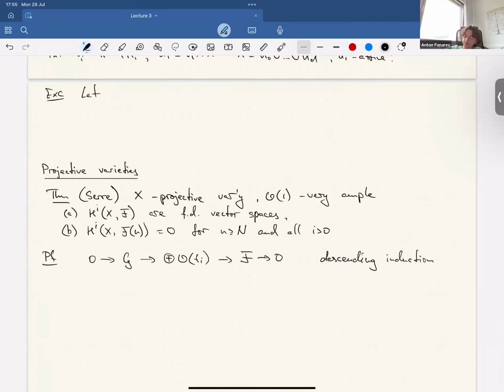Let X be the vanishing set of P(X, Y, Z) = 0 inside P2, so the vanishing set of a homogeneous polynomial of degree D. I mean, this is not the dimension anymore, this is the degree. Use the previous method to show that